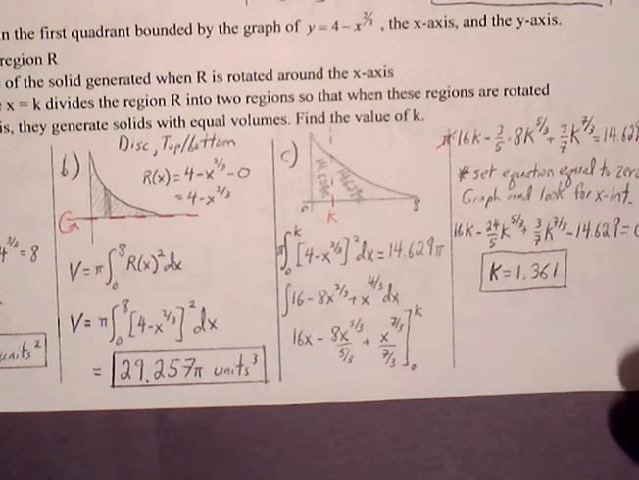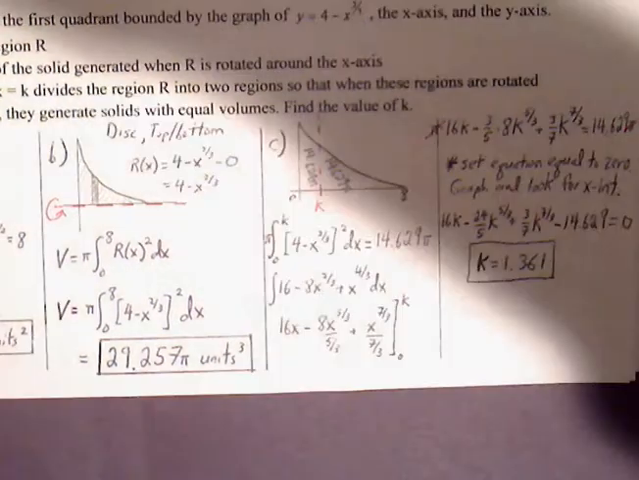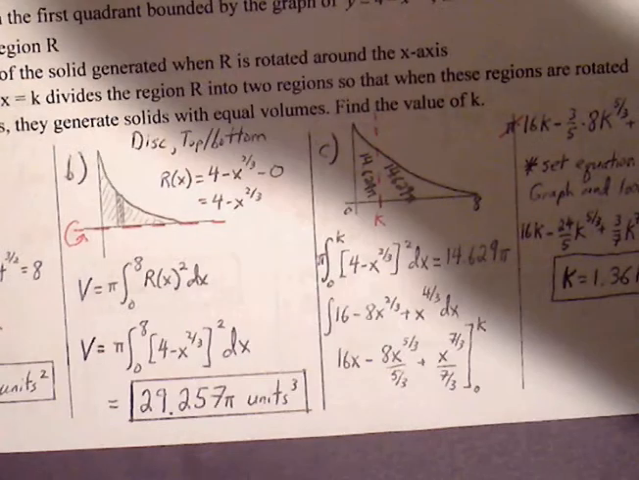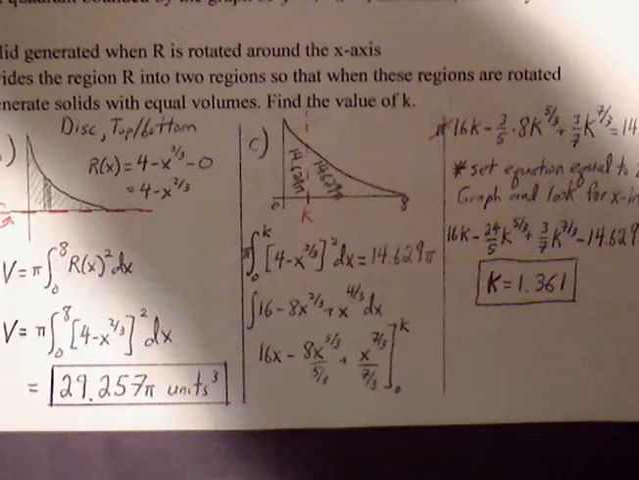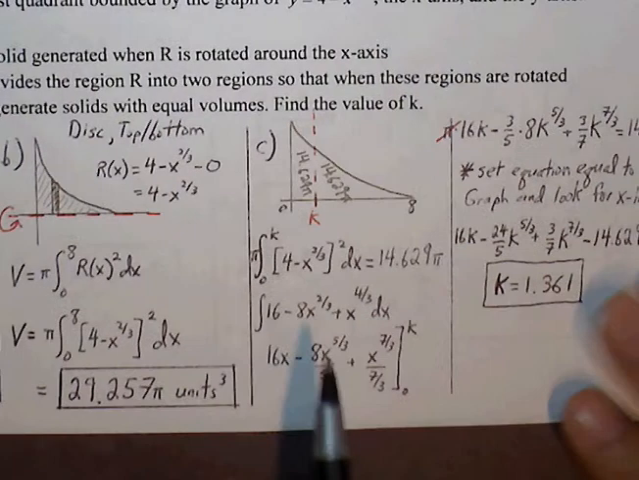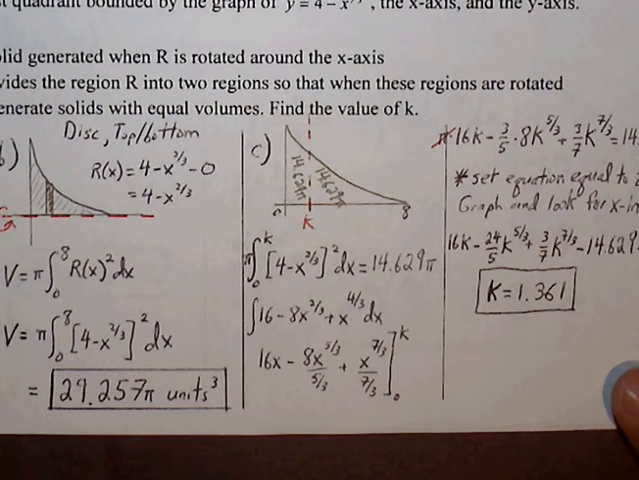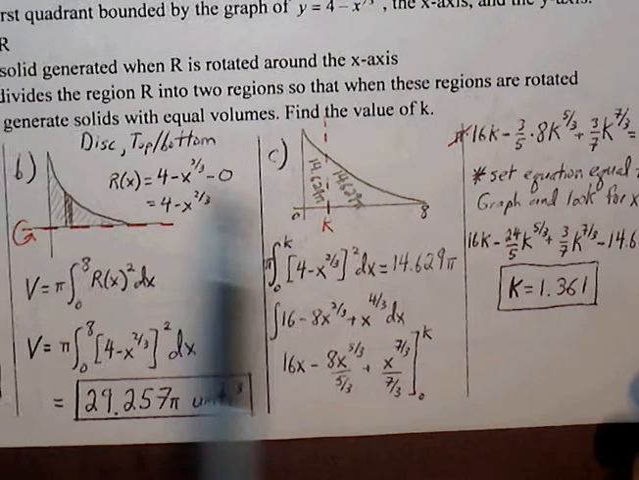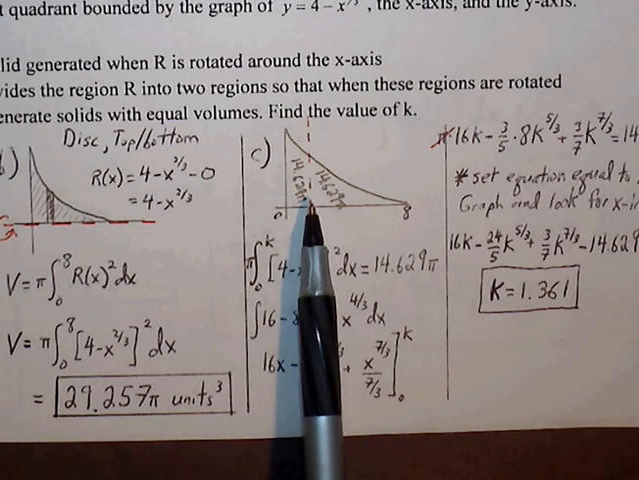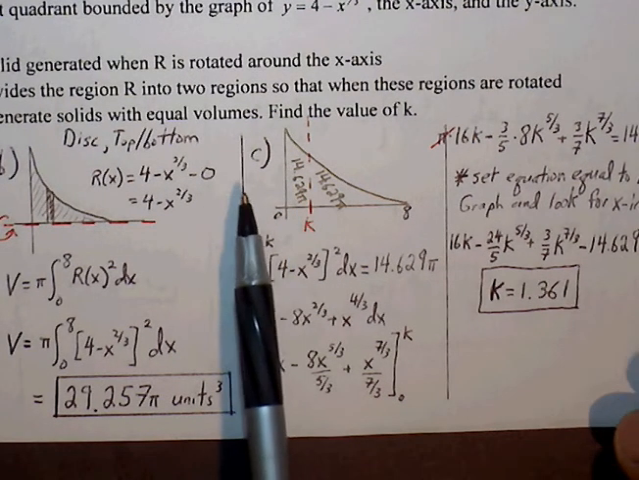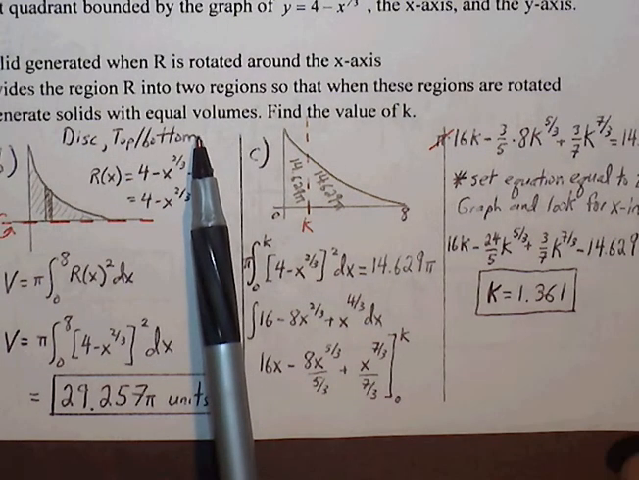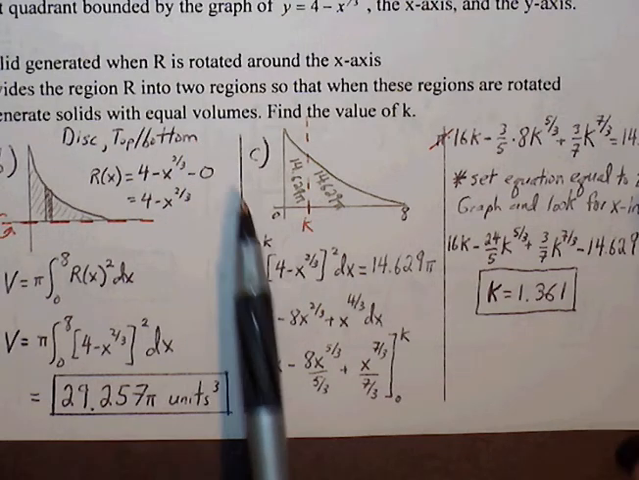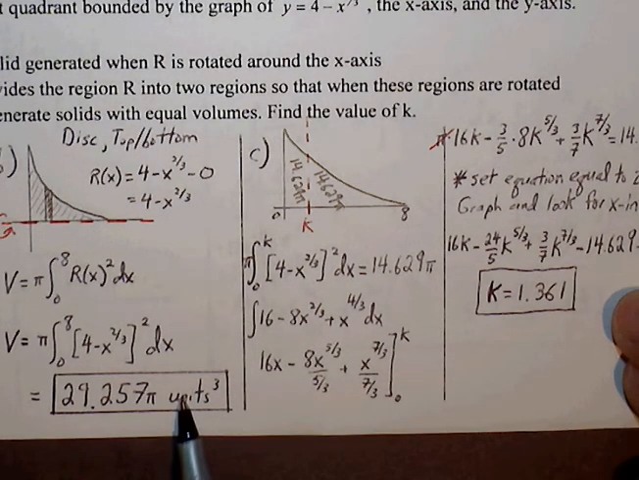Okay, part C. Right, so part C, it says the vertical line x equals k divides the region into two regions so that when these regions are rotated about the x-axis, they generate solids with equal volume. So no longer are we looking for equal area, we're looking for equal volume. And so we know that the total volume is 29.257 pi. So if we split that in half, we'll get